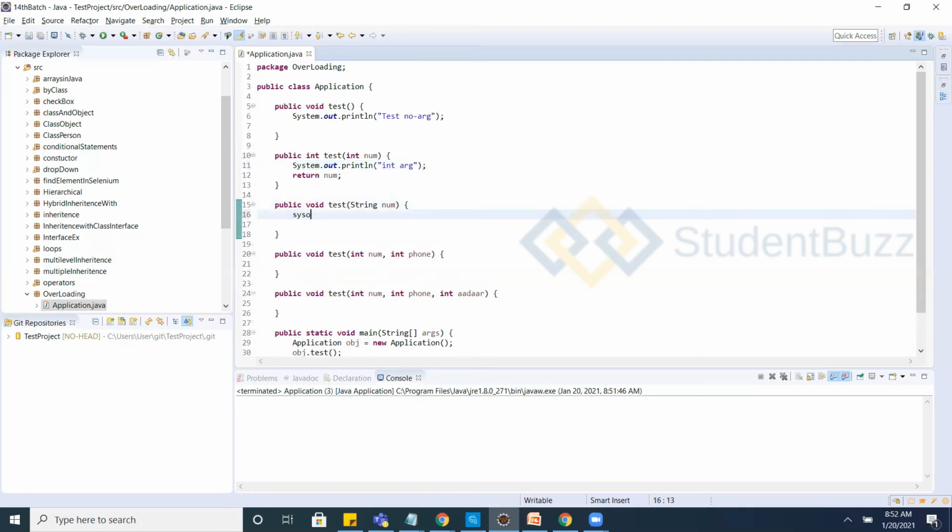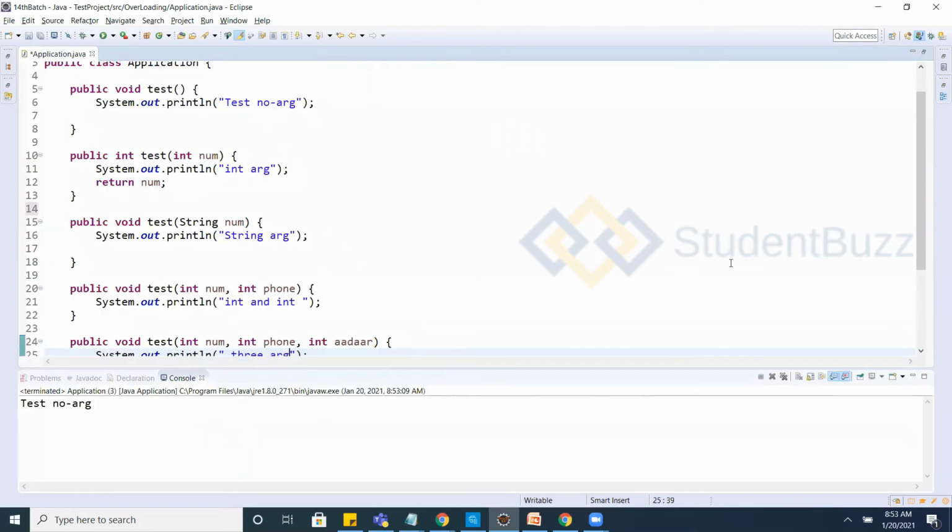Another one is a String argument. Then one with two arguments, int and int, and this one has three arguments. To differentiate, I'm printing it, so when I call it I can see which method is being called. Let's run it now.